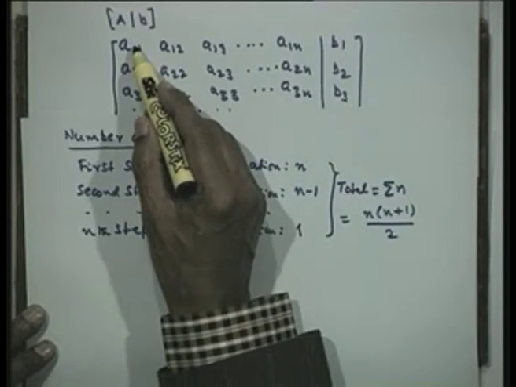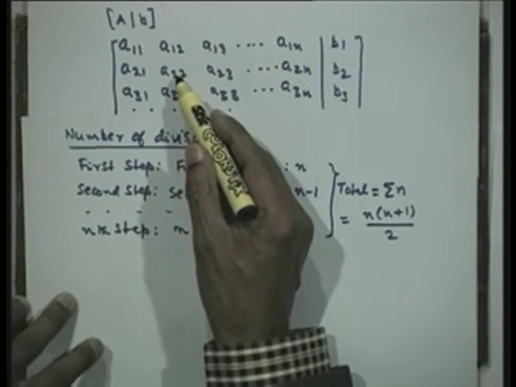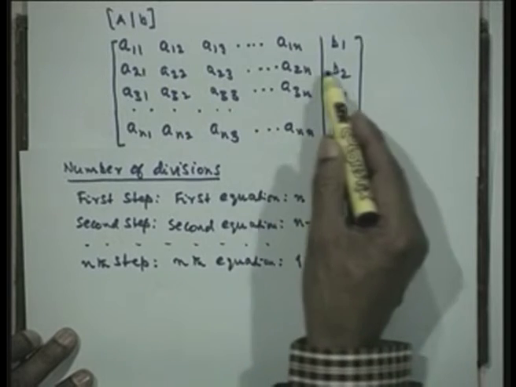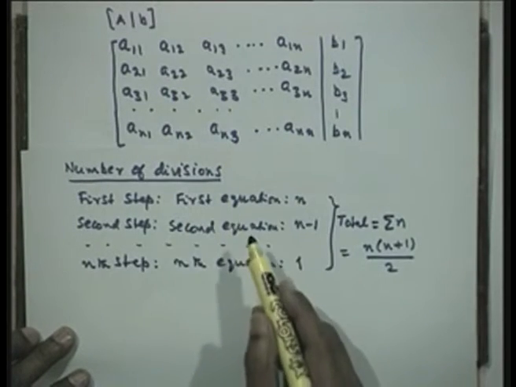Now, the pivot has become 1. Now, the second pivot, now these are all zeros, second pivot is now used and we divide throughout this equation. So, the second pivot has become 1. If we divide by a11 throughout, it will be n plus 1 terms, n plus 1 divisions.